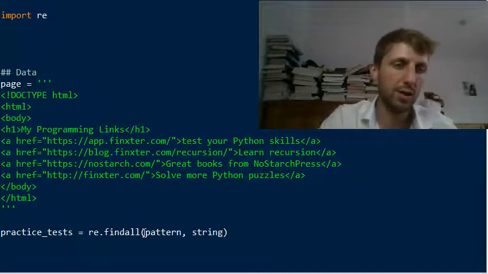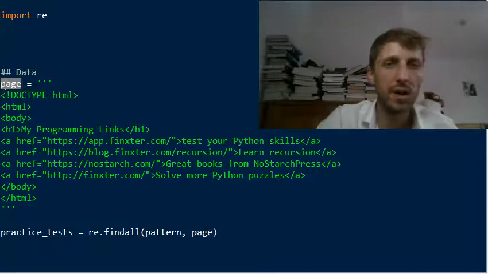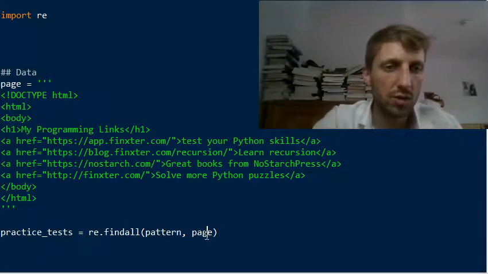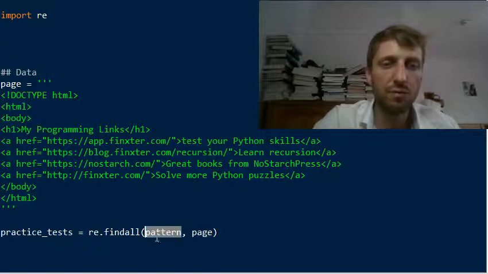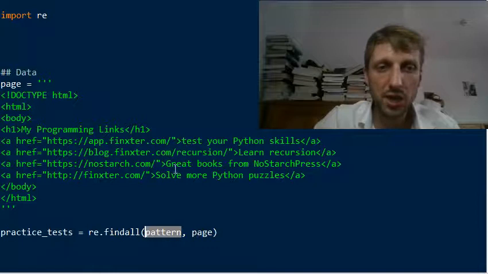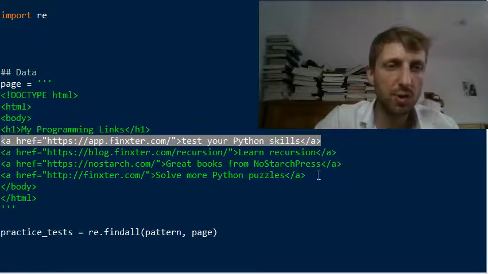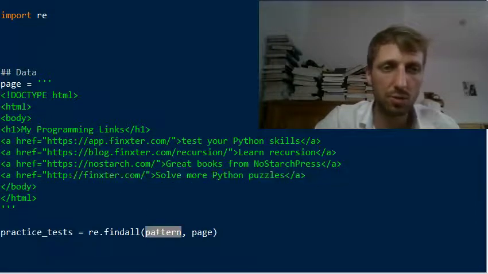and the string here. Okay, so what is the string? The string is our page which we have just loaded via web scraping technology. So this is our page, we pass this string, and now we want to find a certain pattern in the string. So which parts of this should match? We have already seen we want to match this one and we want to match this line. So we want to match whole